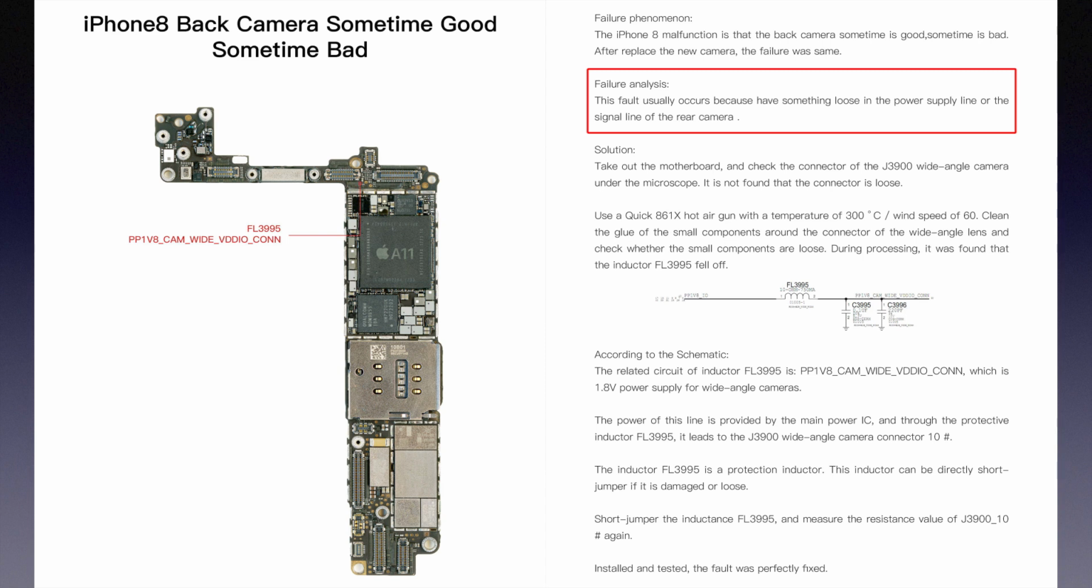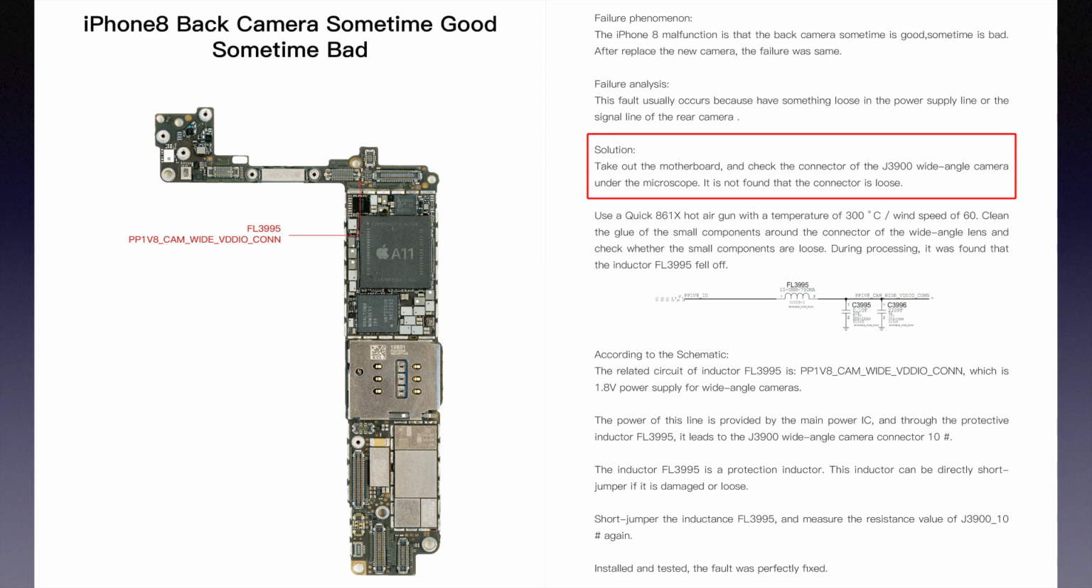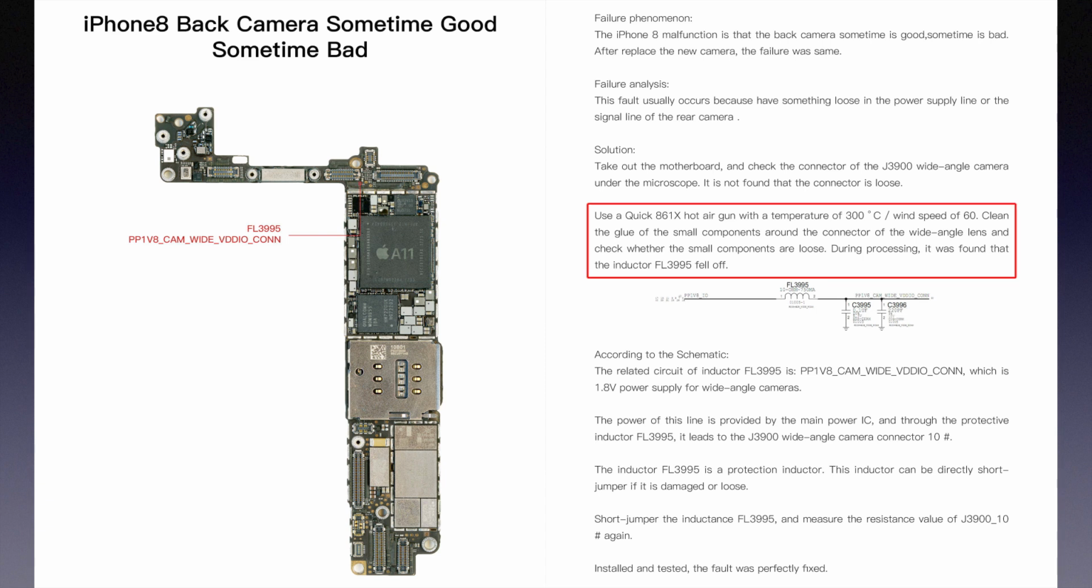of the rear camera. Solution: take out the motherboard and check the connector of the J3900 wide-angle camera under the microscope. It was not found that the connector is loose. Use a quick 861X hot air gun with a temperature of 300 and wind speed of 60. Clean the glue of the small components around the connector of the wide-angle lens and check whether the small components are loose. During processing, it was found that the inductor